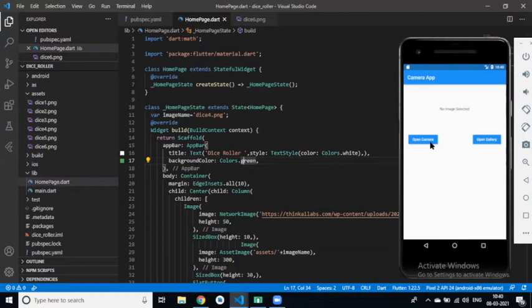So now what is our next application? We have created a number counter app, currency converter app, calculator app, dice roller app, camera app, sign up and login page, then navigation app, right?